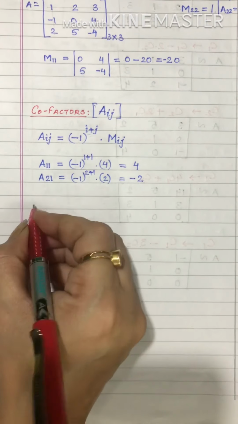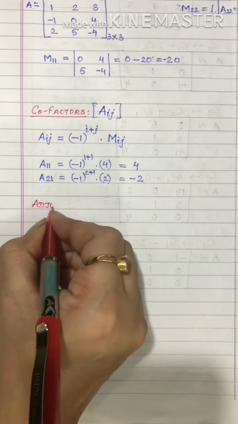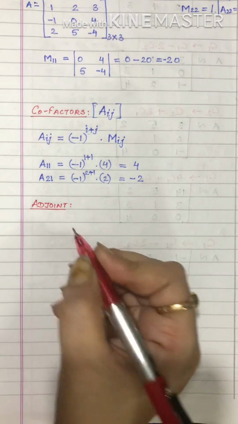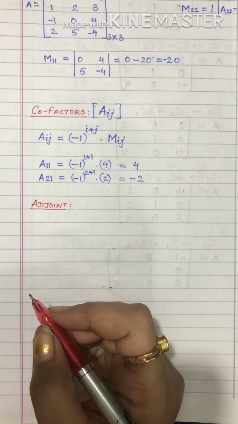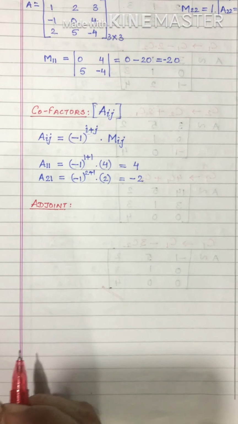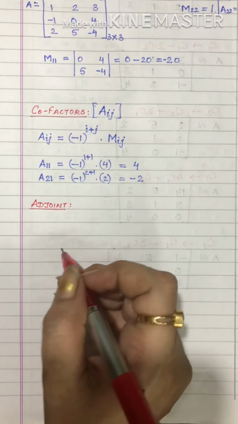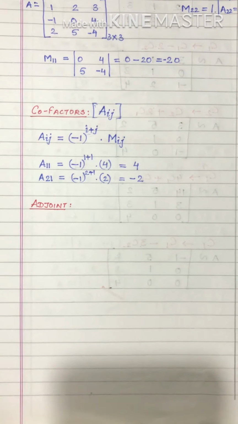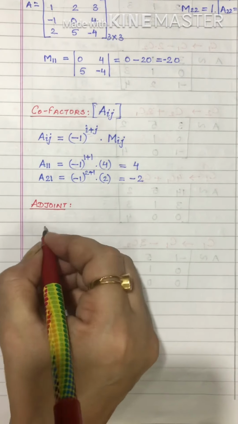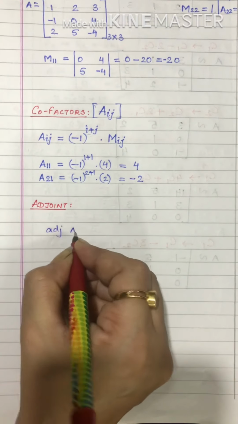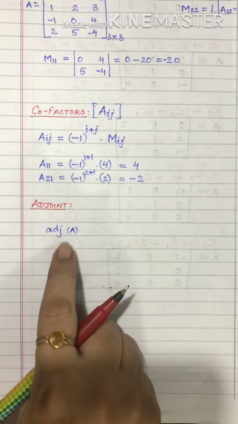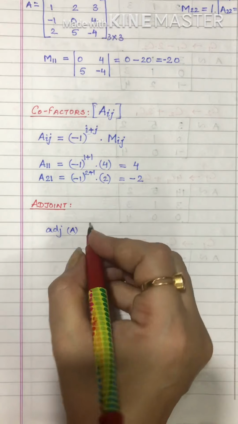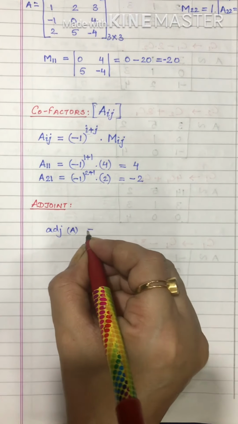Next we need to know what is adjoint of a given matrix. Now children, we have already done types of matrices in previous videos. You can check it from the links I will be providing in the description section below this video. Okay, now here adjoint, how to find adjoint? It is written as adjoint A. Now I'm trying to solve everything with reference to the matrix which I have taken of order 2 by 2. Okay, so adjoint A is given by